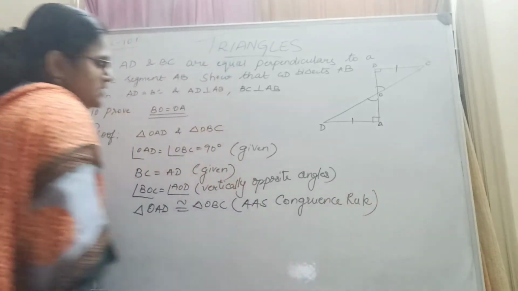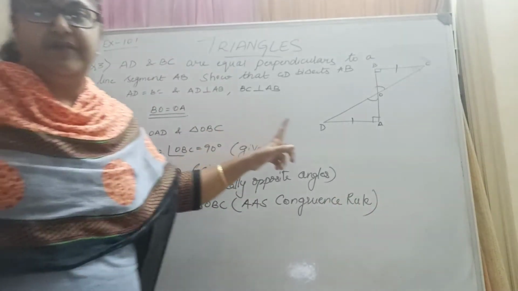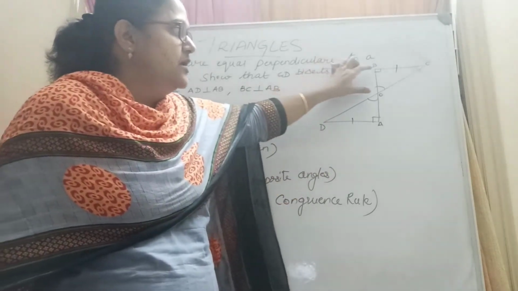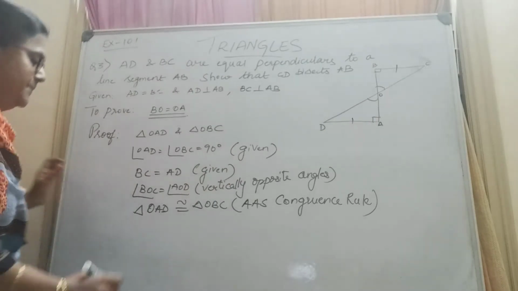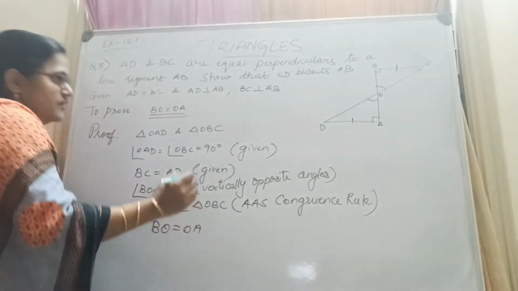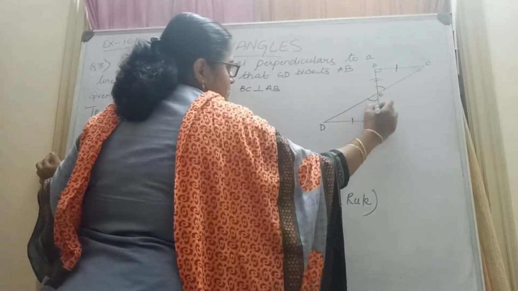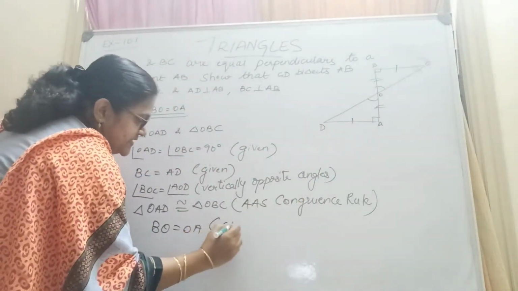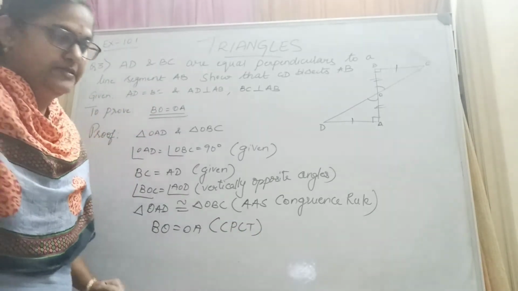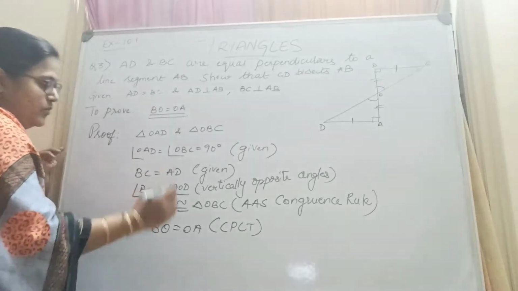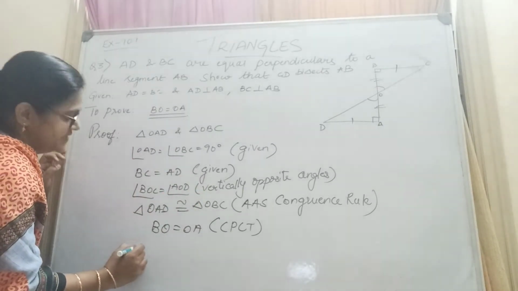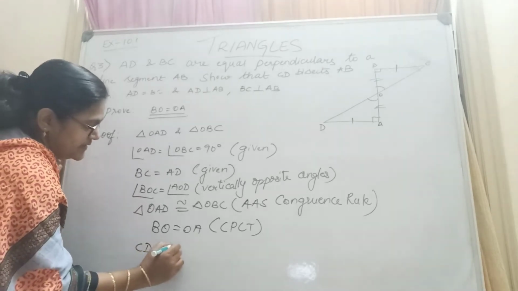Since both the triangles are congruent, three pairs of information we have taken, the remaining corresponding parts will be equal. So I can say that OB is equal to OA, or BO is equal to OA. Now this has become equal to this by CPCT, that is, corresponding parts of congruent triangles. Now since BO is equal to OA, we can say that CD bisects